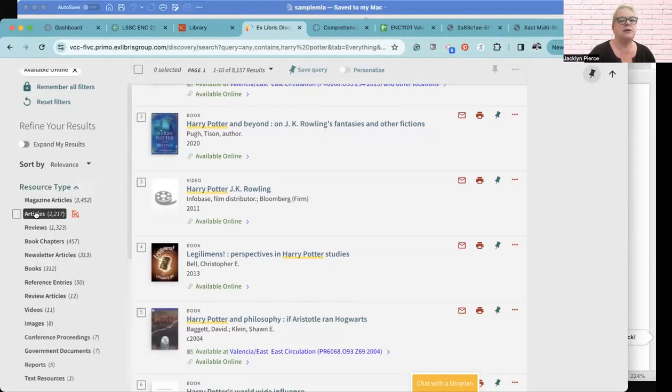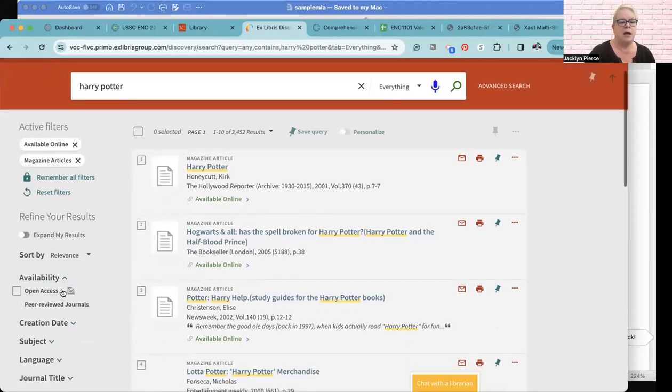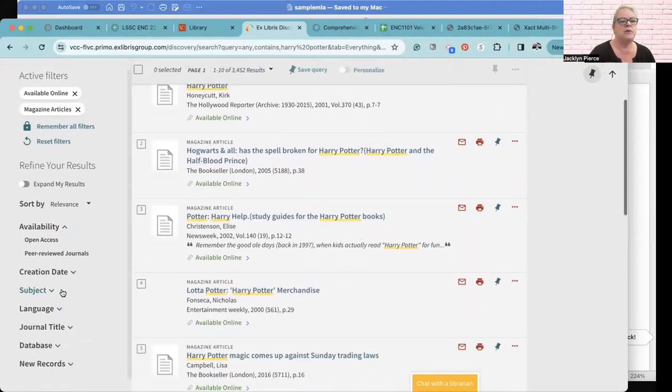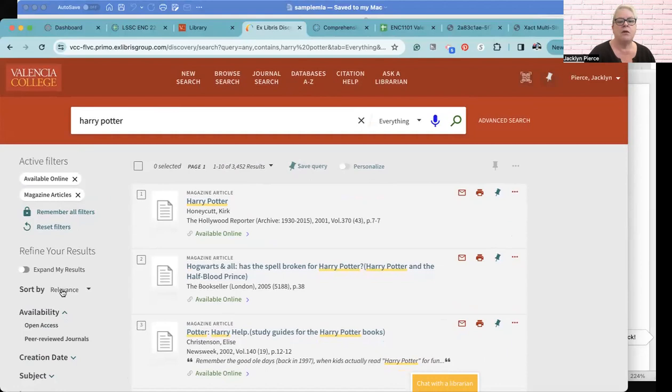I'm going to limit it to magazine articles, just because many of you are going to be using magazine articles or similar things. So we're going to check that. Let me make sure I don't need to change anything else. Okay, this will work. We'll just use one of these. So I'm going to open the first one, and it's available online.